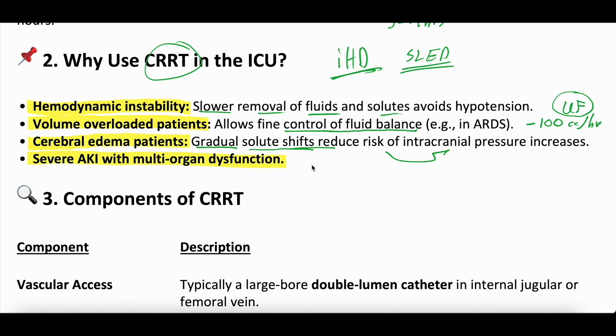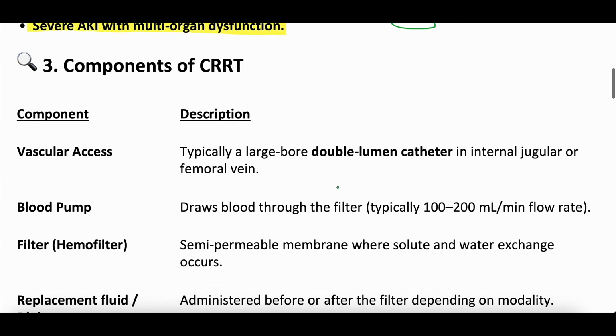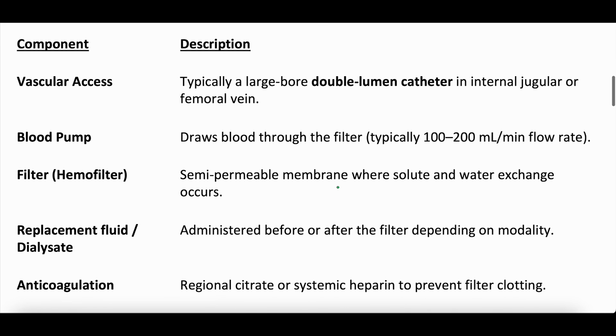CRRT is sometimes the best modality given hemodynamic instability. So what are the components of continuous renal replacement therapy? Well, you obviously need vascular access. You need some way in which you can hook someone up to the CRRT machine, and this is typically a large bore double lumen catheter. We most often place it in the neck, in the internal jugular vein, or in the groin, in the femoral